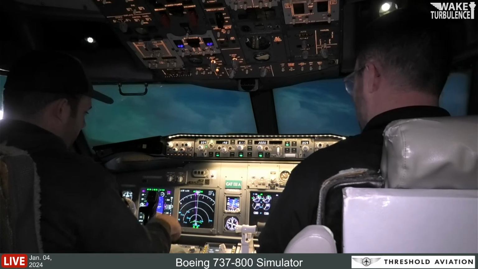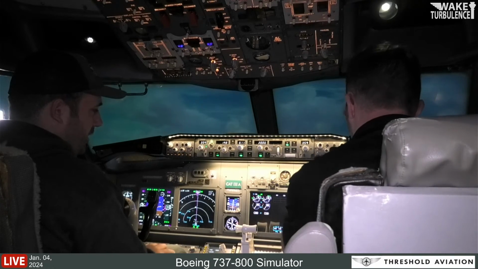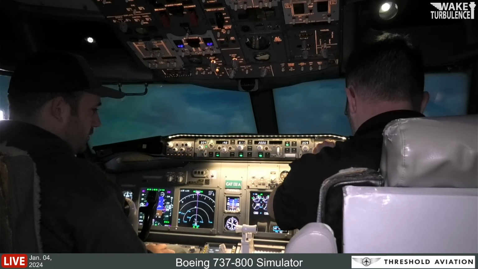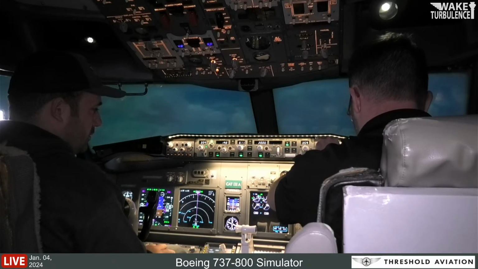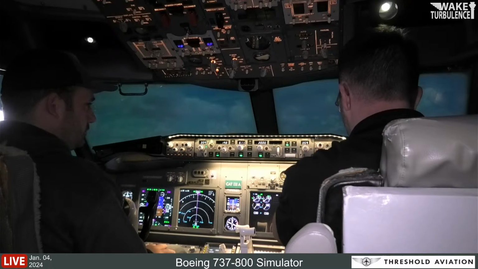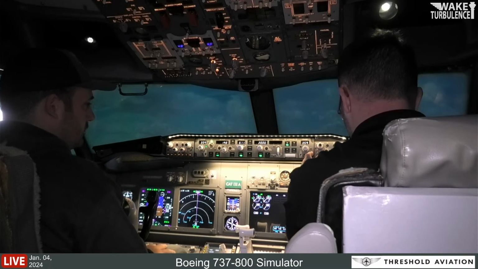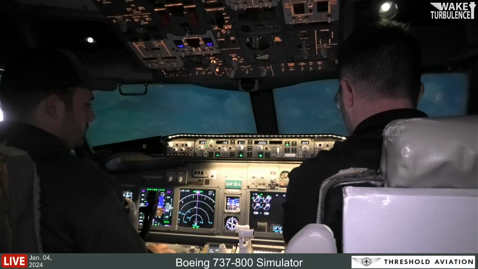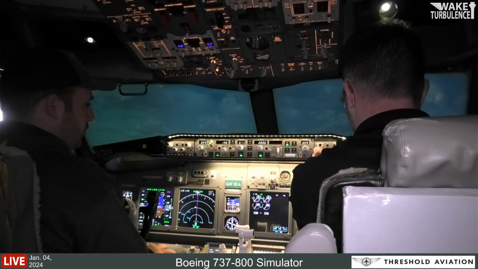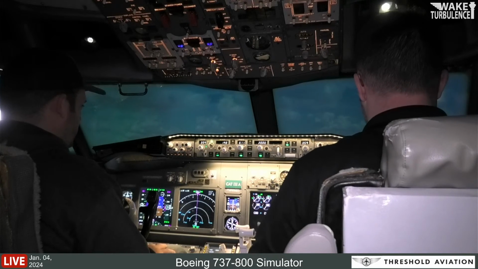Okay, actually, interesting. We can sort of see where we're at. You might want to zoom out one on yours. Oh yeah, that looks right. I wonder if I put it on approach mode, will I see the localizer? Yeah, but you won't be able to see it. Will I be able to see the localizer anywhere?